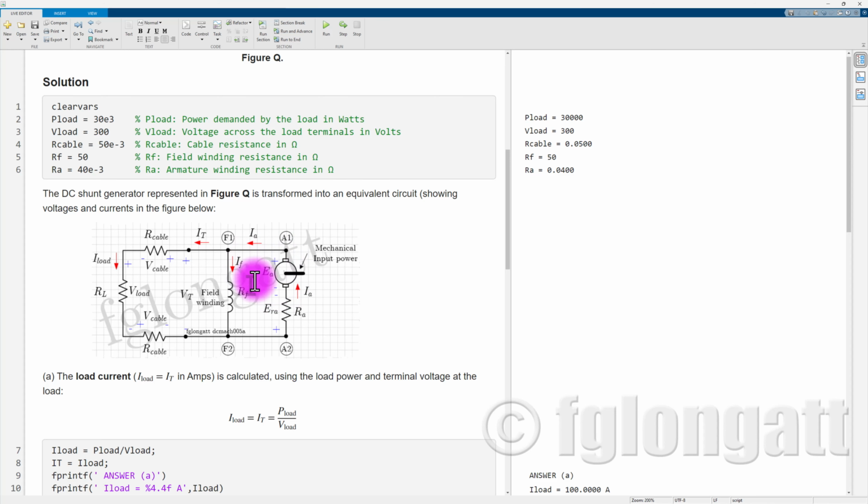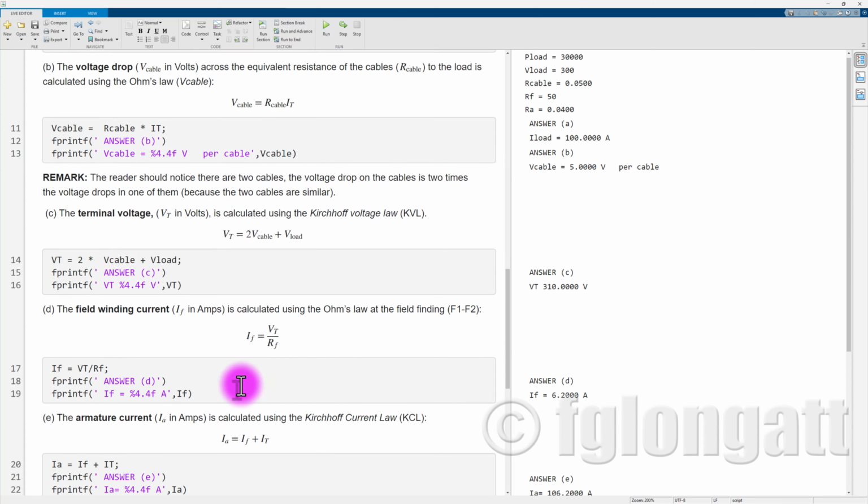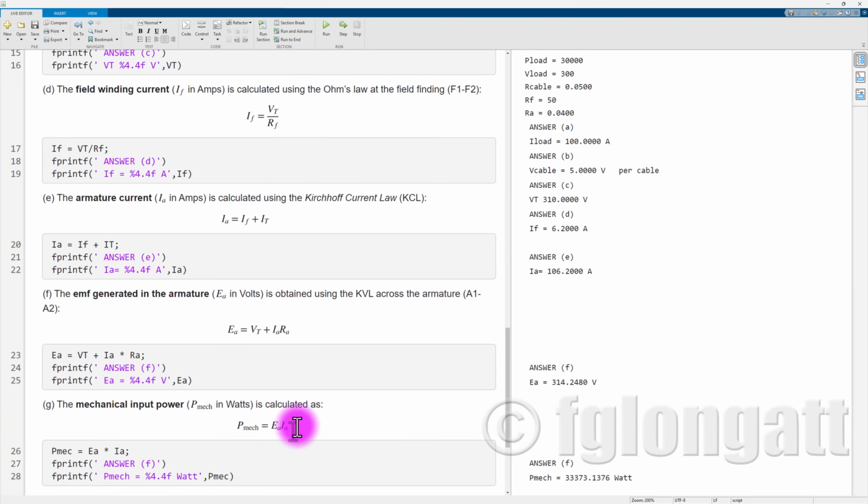And in that case will be the armature voltage multiplied by the armature current. And that is the equation that you can see over here. So multiplying 314.2 volts by the armature current 106.2, we obtain the mechanical power, and in this case the mechanical power will be